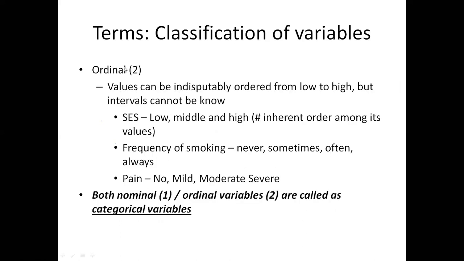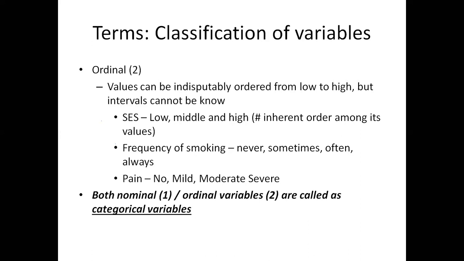The second type of variable is called an ordinal variable, where the values can be ordered. In the previous nominal variable, there is no inherent order in the kind of values that the variable takes. So if you say male or female, you will not be able to arrange those values in any specific order. But if you look at an ordinal variable, and you see the values that it takes, like low or middle or high, you see that there is a very specific order in which you can arrange them,